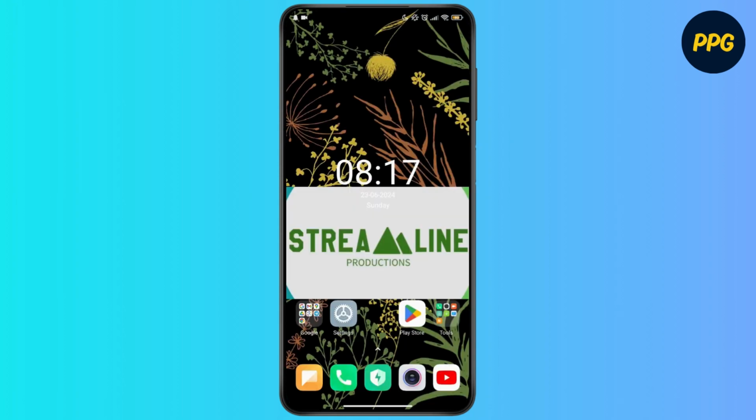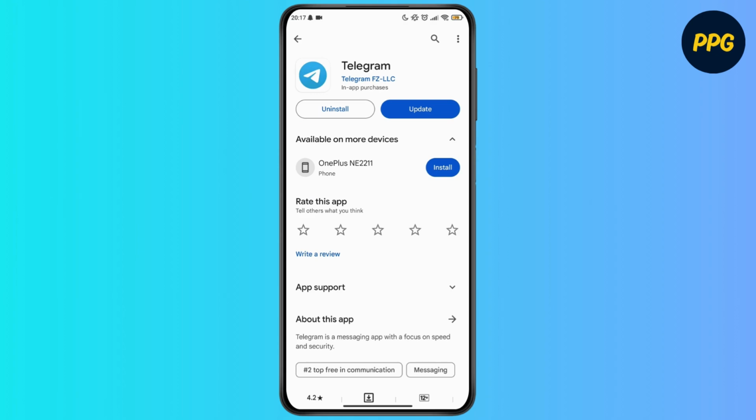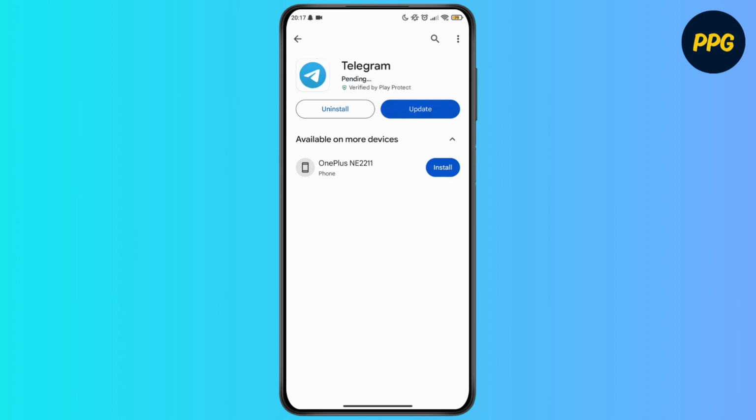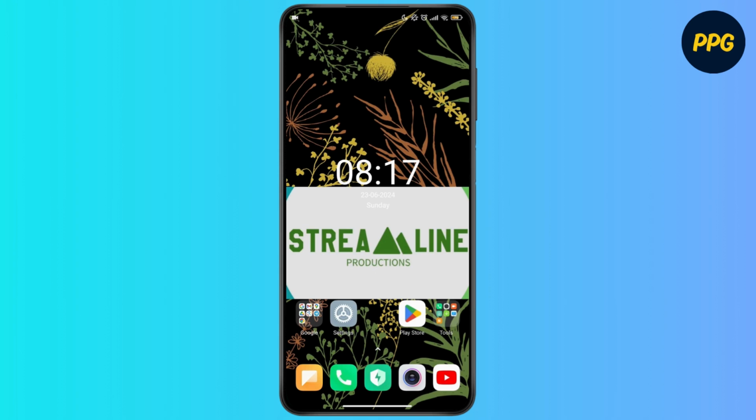Go back and visit your Play Store or Apple Store. Then search for your Telegram. On the Telegram, if there is an update option, you have to go for update and update your app from here. After updating your app, if you also face that problem again,